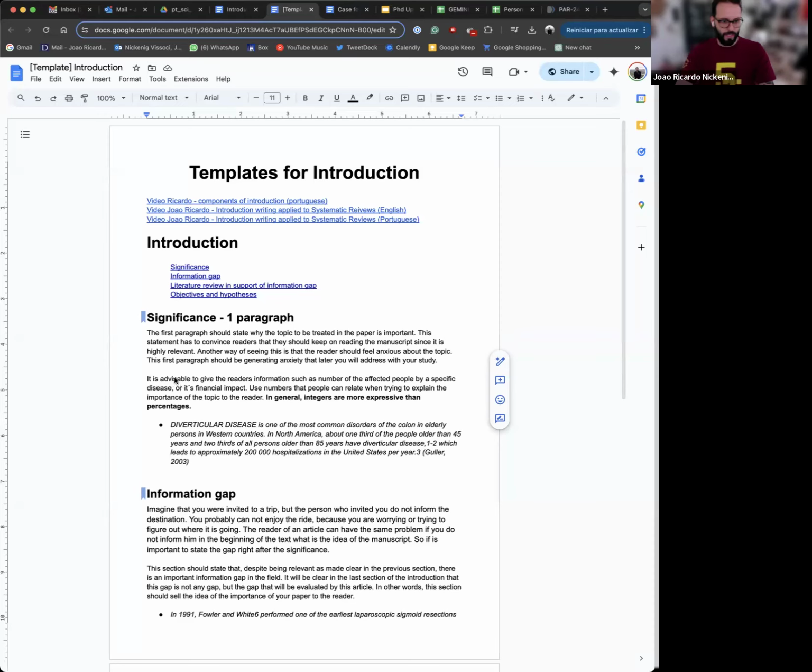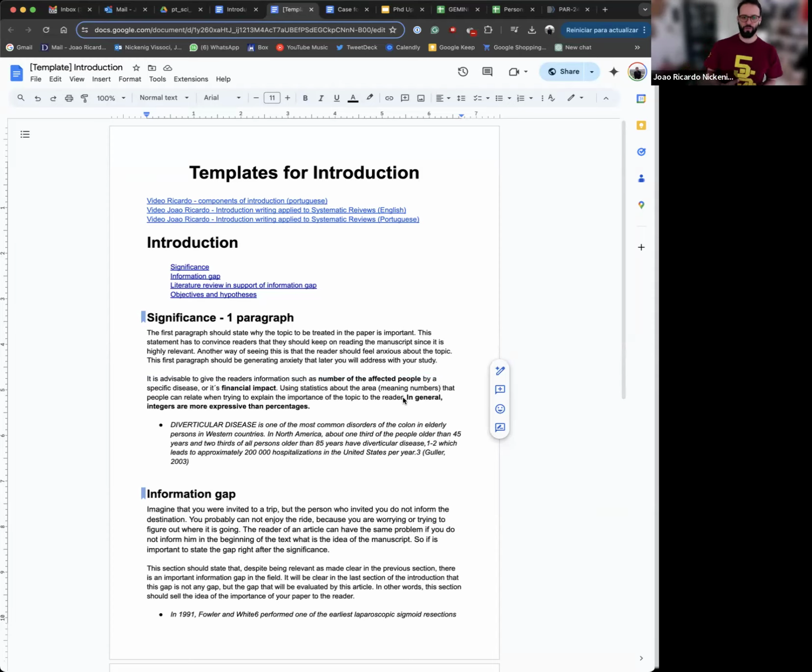And so here, there's a few pieces of advice that I think are very important in how we write this. It's advisable to give readers information such as the number of people that are affected or financial impact. So usually what we're trying to show here is using statistics about the area, meaning numbers,